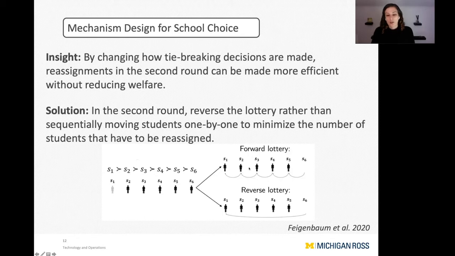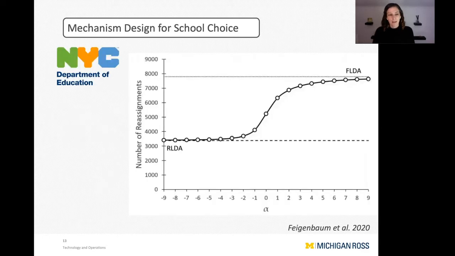So instead of sequentially moving students, like student 6 to student 5's spot, student 5 to student 4's spot, et cetera, when student 1 leaves the system, you do the reverse lottery, which is move student 6 to student 1's spot. Student 6, for equivalent preferences here, got kind of the short straw in the first round, but in the second round kind of leaps up, and it makes it a lot more efficient without reducing welfare. And when they apply this to historical data in the New York City Department of Education, you can see here